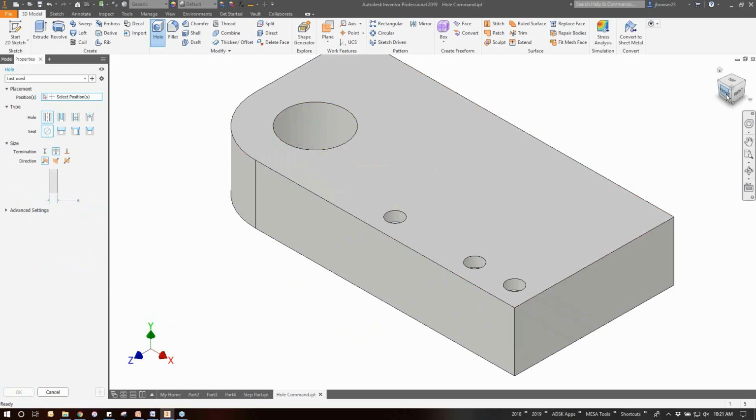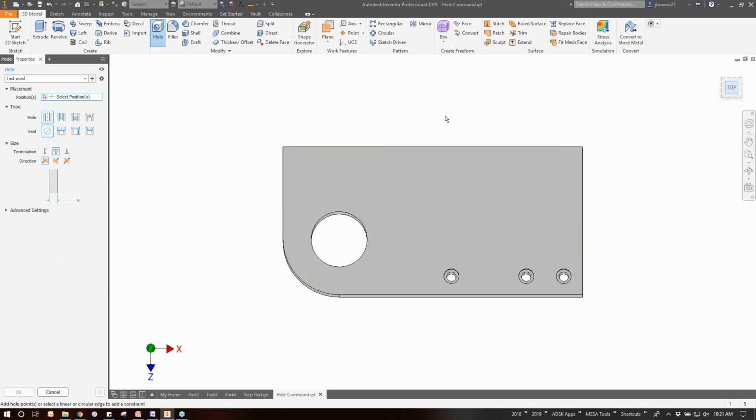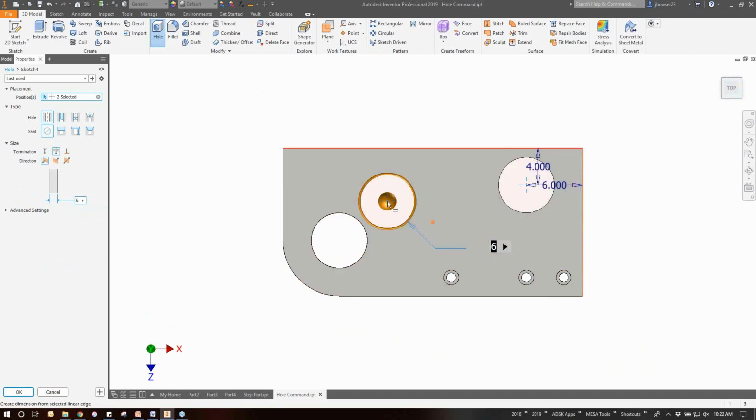And as far as placing holes, using a linear type option that we're used to before, it's definitely got an improvement here. If you guys watch my screen, I'm just going to click a point there. Maybe I'll click that reference edge, and I'll make that one 4. Off of this edge, I'll make that one 6. I'm going to click another point over here, so I can keep working and keep adding in some hole center points there